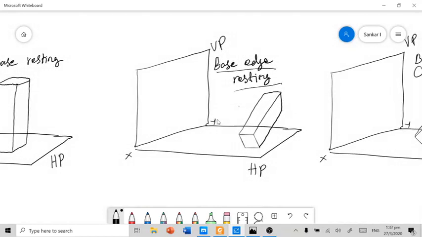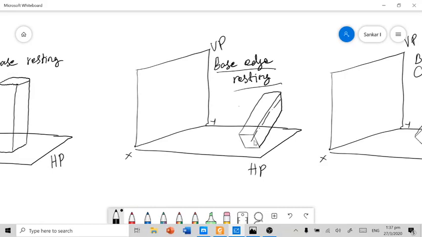See here, the solid, namely a square prism, is resting on HP by one of its base edges, and all other edges are not resting on HP. In that condition, you can note one thing: the axis of this solid is parallel to VP and inclined to HP.